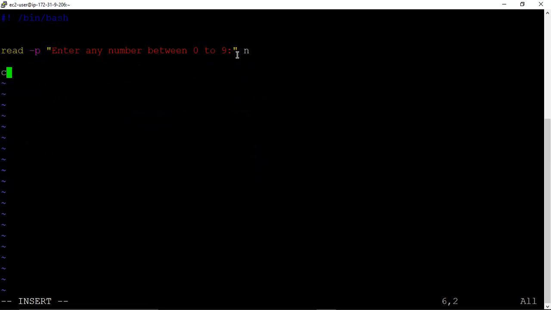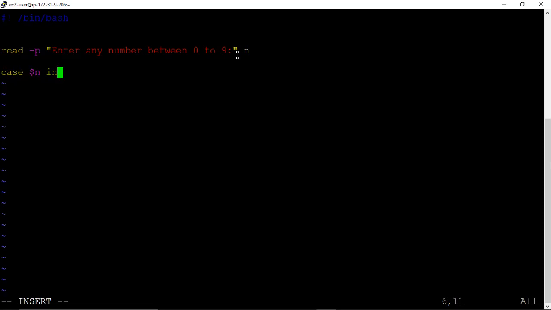Okay, then we start the conditional case statement by using case. Then the variable is n, so for that we use the dollar symbol, and n is the variable. On the whiteboard I told you to write nu, but instead of nu here I am using n for the variable. And this is the default in.